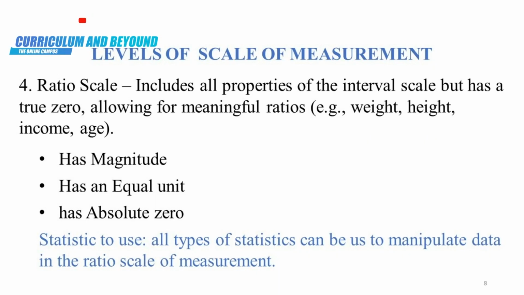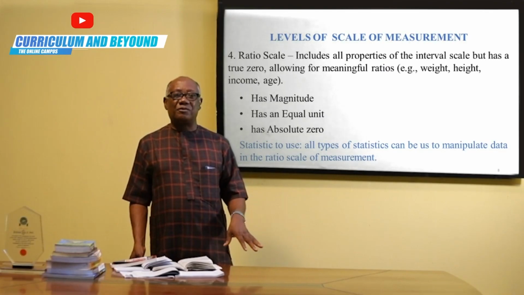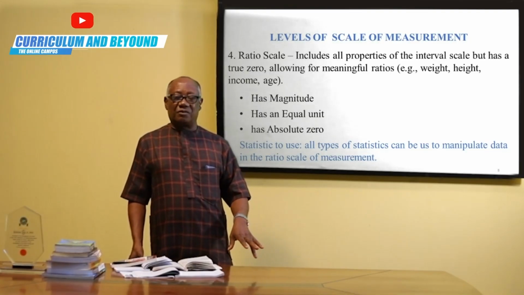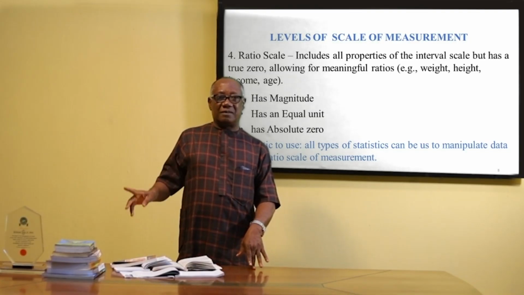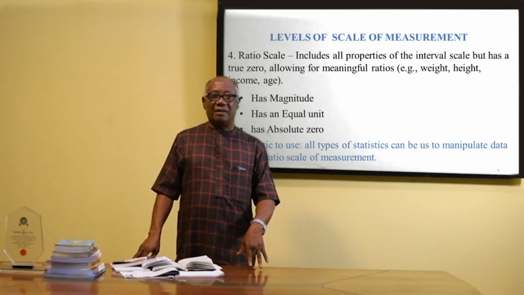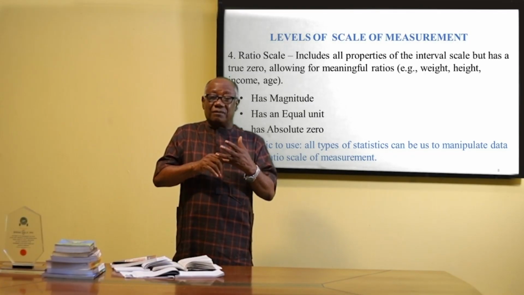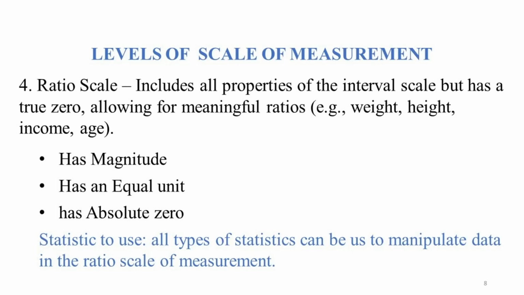Now, the last scale of measurement is the ratio scale. That scale is not used in education and psychology. It is only used in the pure science. That scale of measurement has magnitude, it has equal units, it has absolute 0. For example, if you are measuring weight